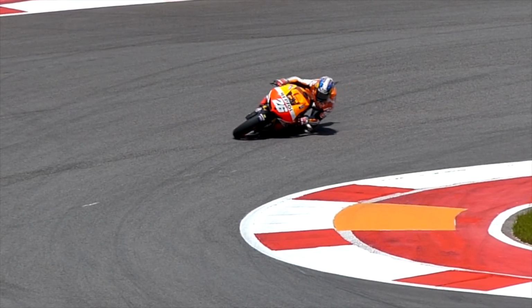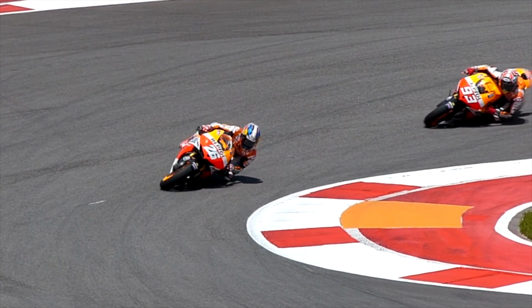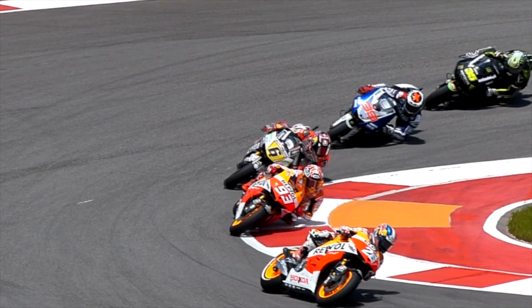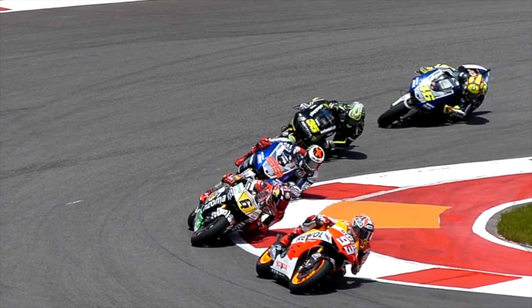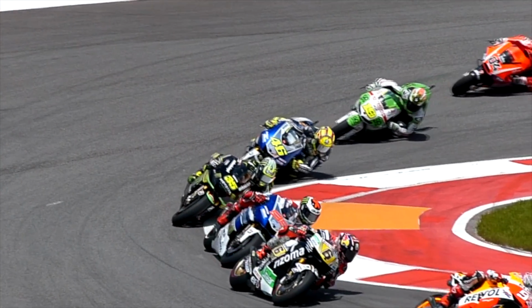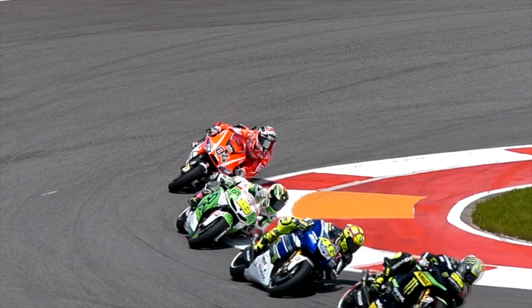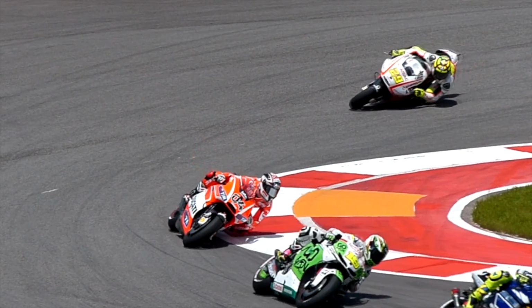MotoGP is one of my favorite sports. Just about every year, with the exception of 1 year, I've taken a trip to Austin, Texas to watch the MotoGP races at the Circuit of Americas. Riders at this level brake, accelerate, and corner right at the threshold of traction that their tires can withstand. On the track, the goal is to push the limits of the threshold so that they can make laps as